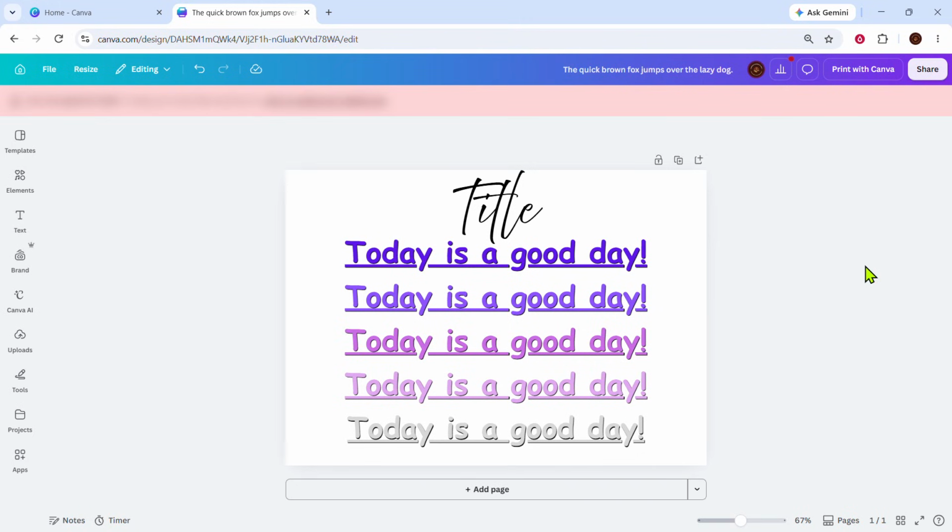In today's video, I'm going to teach you how to italicize text in Canva. If you want to give your text a more polished, stylish, or emphasized look, using italics is a quick and simple option. Canva makes this easy, and in just a moment, I'll walk you through exactly how to do it